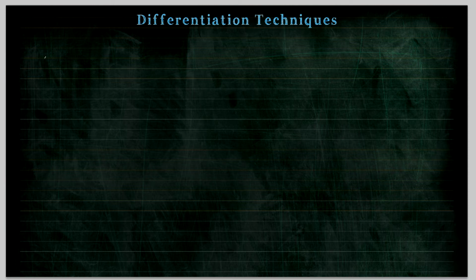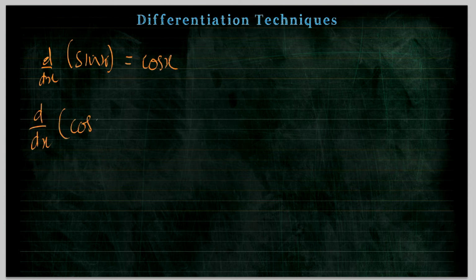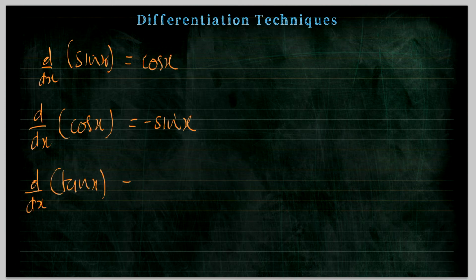So the first thing is, let's have a look at sine. So d by dx of sine x. Now, if you differentiate sine, you get cos. Okay, so that would be cos x. If you differentiate cos, so d by dx of cos x, that equals minus sine x. Now, don't worry about why these are what they are. They'll all get explained to you when you get to it in Year 13 in your regular maths course. But for now, just accept that this is the case. And the derivative of tan, so d by dx of tan x, is equal to sec